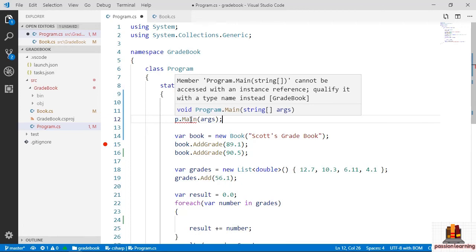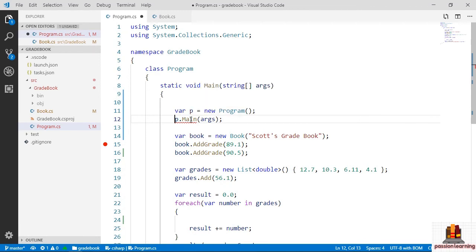It is not associated with a specific object. Instead, it is associated with the class named Program. The only way to reach the main method is to use the class name where main is defined, that is the type name Program. And yes, this is legal code now. I can say Program.Main and pass along the args, and now my program would run forever in an infinite loop